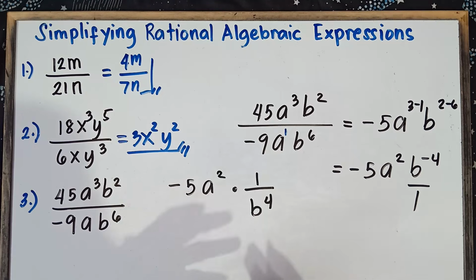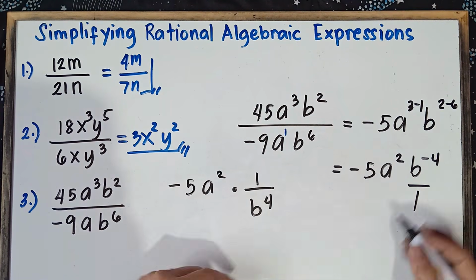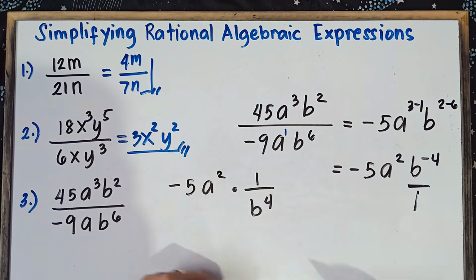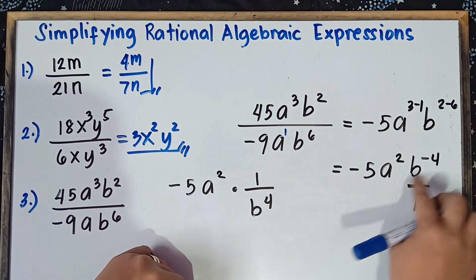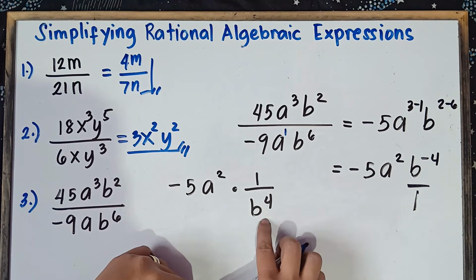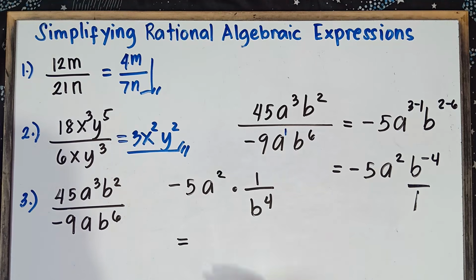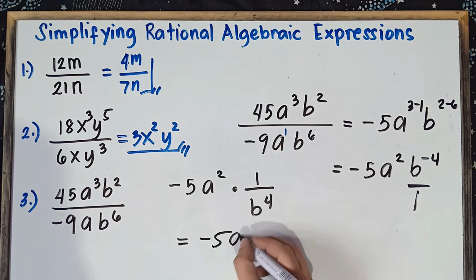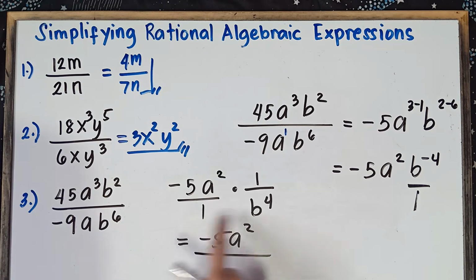Once again, class, you are not allowed to have a negative exponent. To simplify this one, get the reciprocal, understood that there's 1 here over 1. Reciprocal, class, this 1 will be the numerator, and this b raised to the power of negative 4 will be on the denominator. The exponent, class, will be positive. And then simply multiply negative 5 times 1, that would be negative 5. Simply copy a squared over, understood that there's 1 here, 1 times b raised to the power of 4, that would be b raised to the power of 4. So this will be our final answer, class.